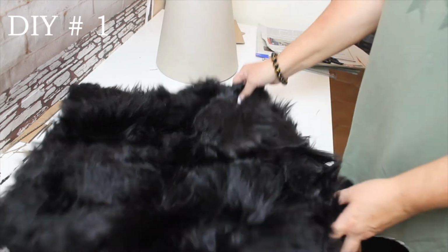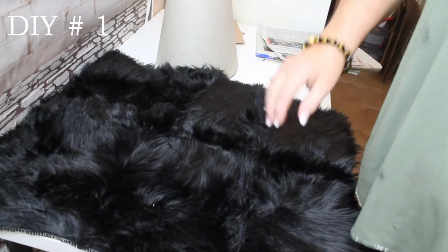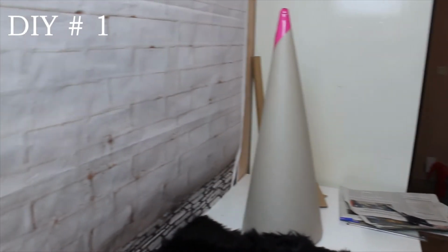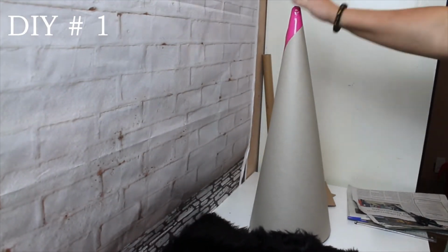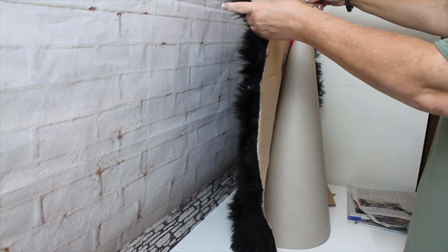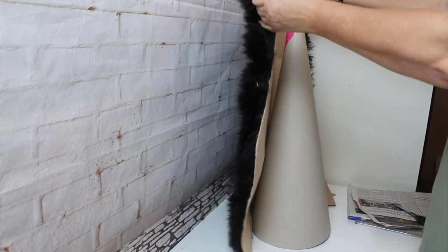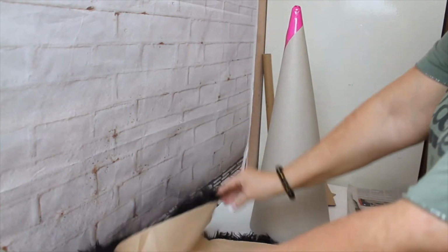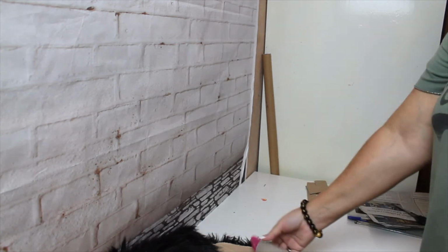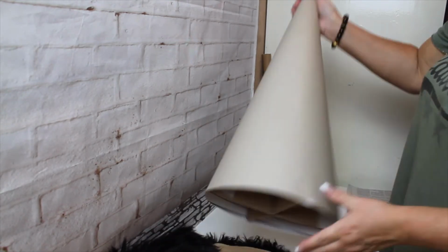So now I want to show you what I did. I measured it. Let me put this up higher so you can maybe see the whole thing. There you go, it's better. So now you can see I took my measurements here and I cut a little bit off the top so there won't be so much extra. As you can see here, cut the part here end. So the first thing I'm going to do, my suggestion, is take some hot glue from the bottom all the way up to the top,